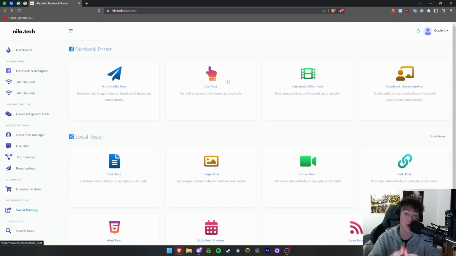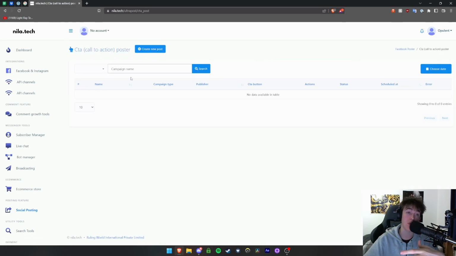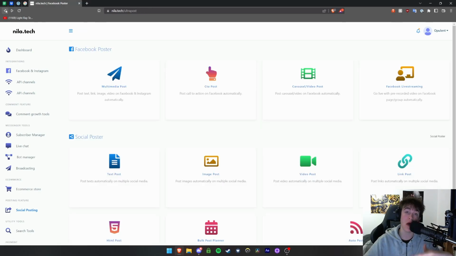So this is a call to action post on Facebook automatically. Essentially, a post with a call to action button allowing people to click on it, and it will take them to a separate area that you've decided. When you hit on this, it will give you a very similar page with the list of them. You would hit create a new post, and this would create the poster to be then sent